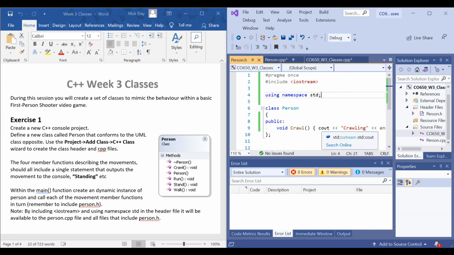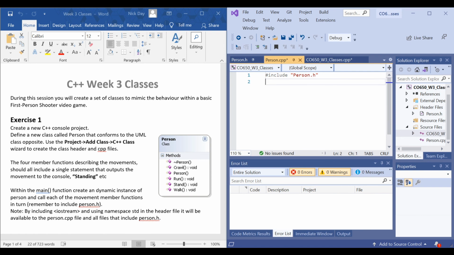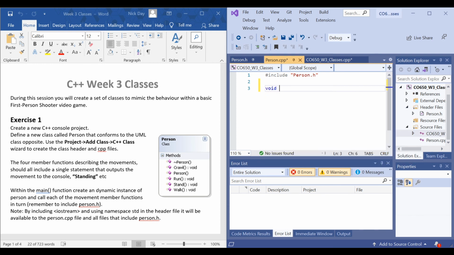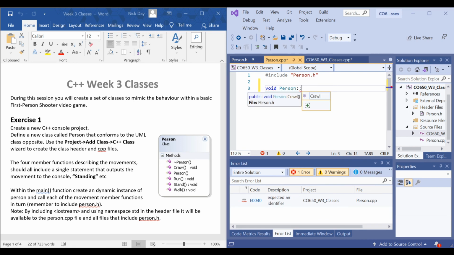We saw an example of this in the presentation, but maybe just to get used to writing them in the implementation file, just so we get used to the format, probably what I'd encourage you to do is actually define the implementation here. Okay, and just to remind you how to do that, remember that you need to define all the necessary details to match the prototype, which here is the return type, first of all, void, and then you need to specify the scope, the location of the function, which is the Person class, and then the scope resolution operator, the 2